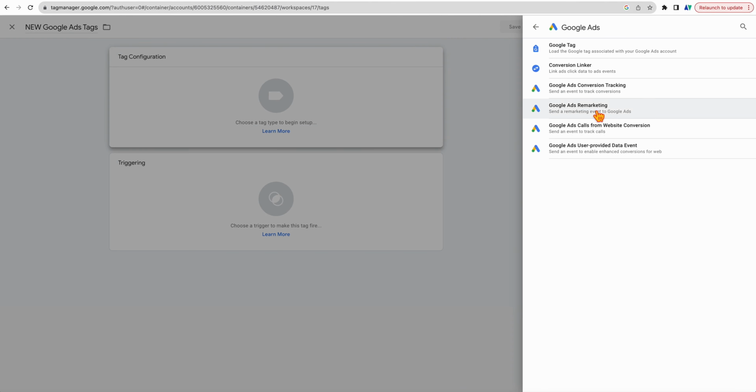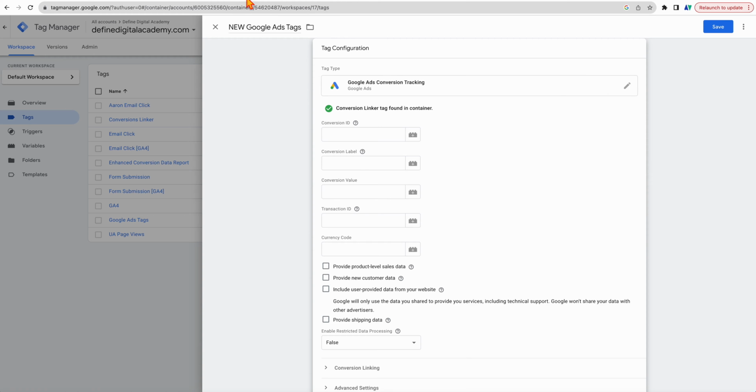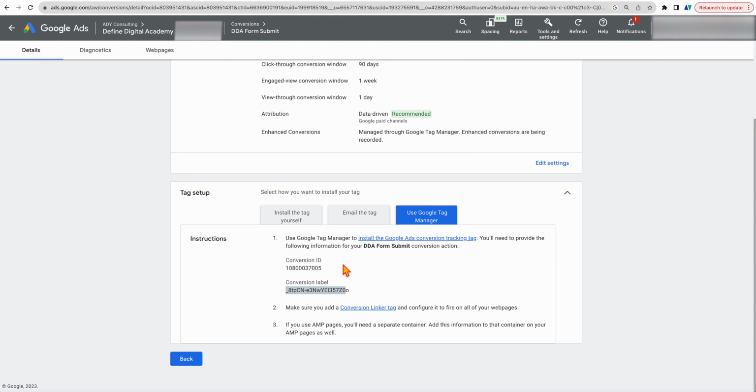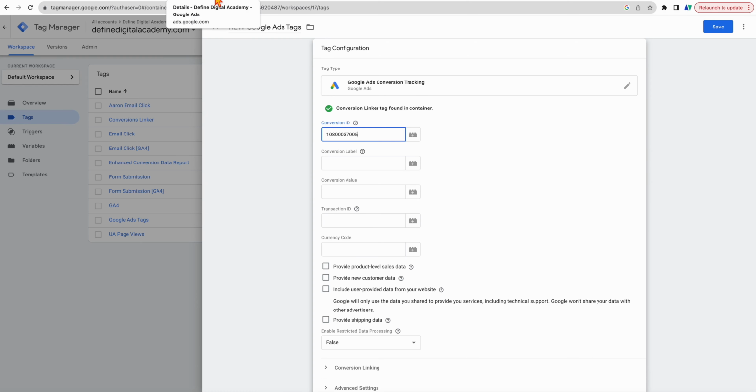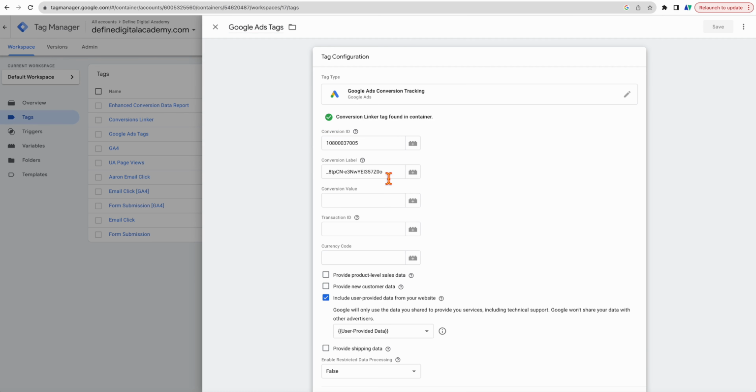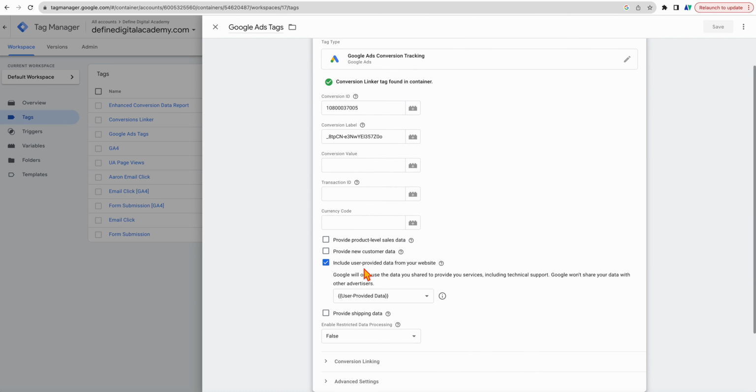We're going to go to Google Ads, and this is going to be Google Ads conversion tracking. And from here, we go into our Google Ads account. This is where we get the conversion ID. Then we also need the conversion label. And then from here, I'm going to show you these settings. You can keep the rest blank, but what we need to do is include user provided data